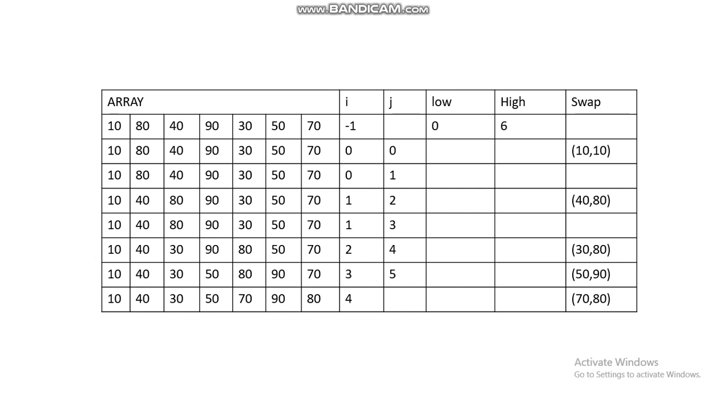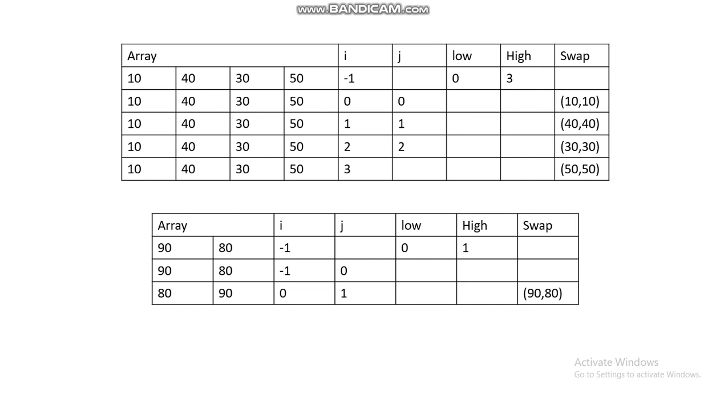Now the loop has ended and again we increment the value of i from 3 to 4. We see that all the elements from 0 to 3 are less than the pivot and all the elements from index 4 to 5 are greater than pivot. So the correct position of the pivot element in the sorted array would be at index 4, that is at index i. So we swap the pivot element with the element at index i. Now the array is divided into two partitions, from index 0 to 3 and from index 5 to 6. We will now perform quicksort on each of these two partitions.